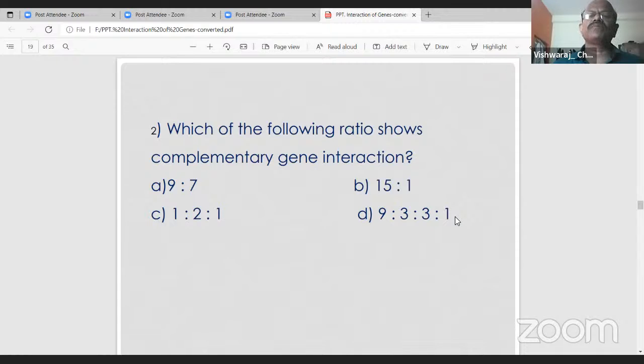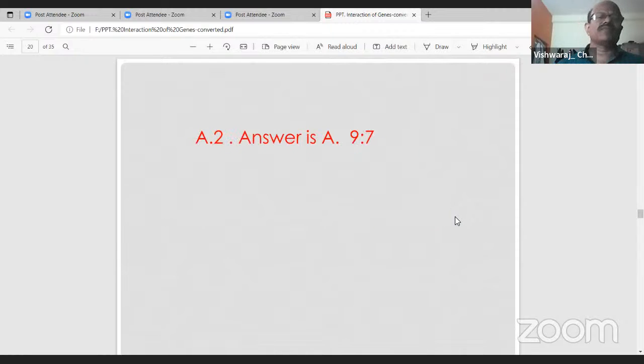Anybody? 15:1? No. Wrong question. The correct answer is 9:7. We have seen